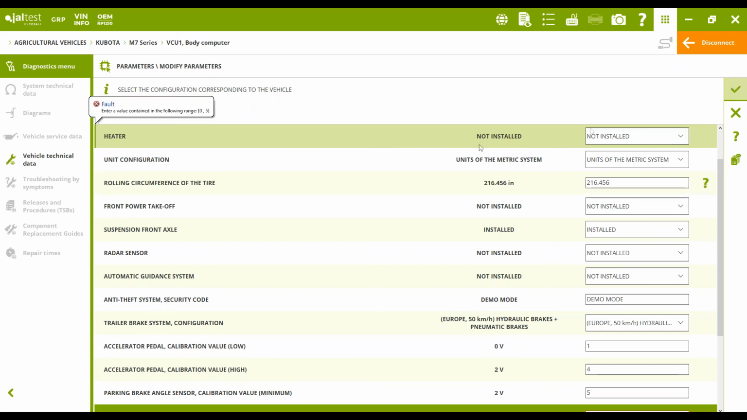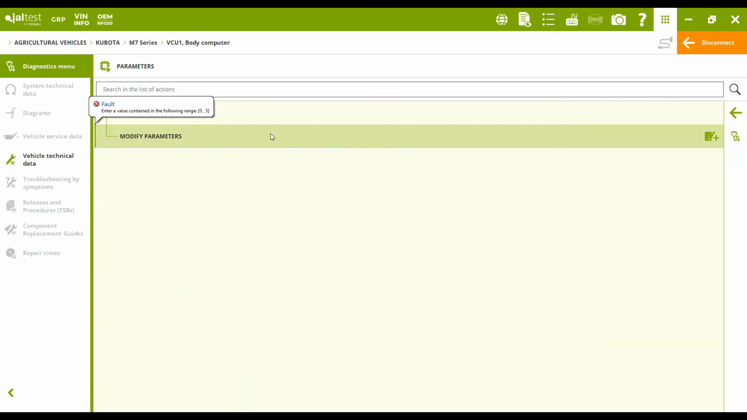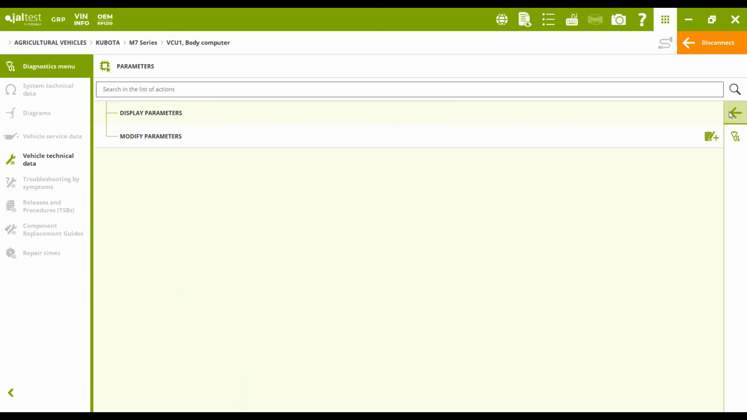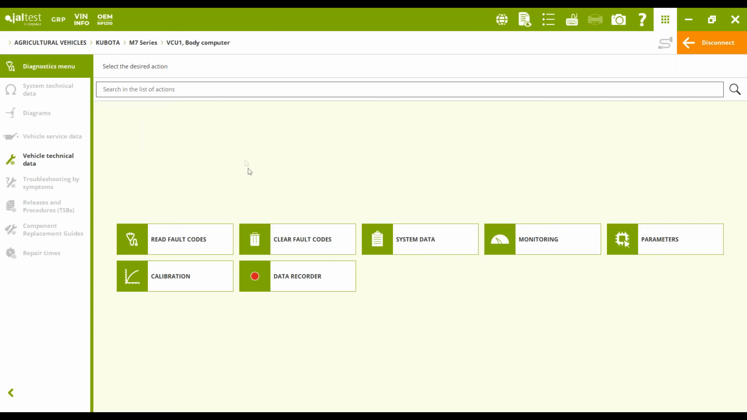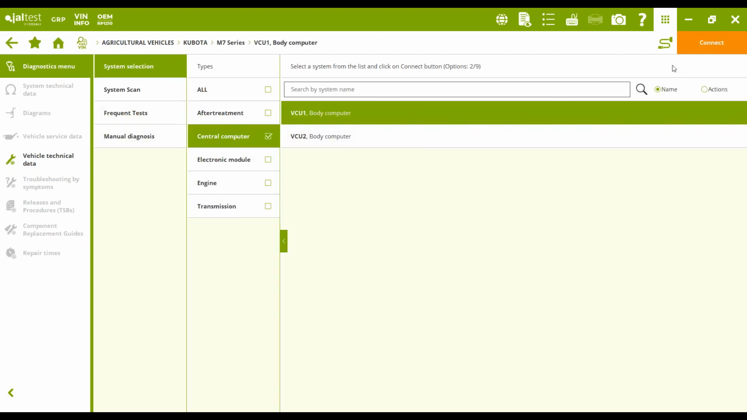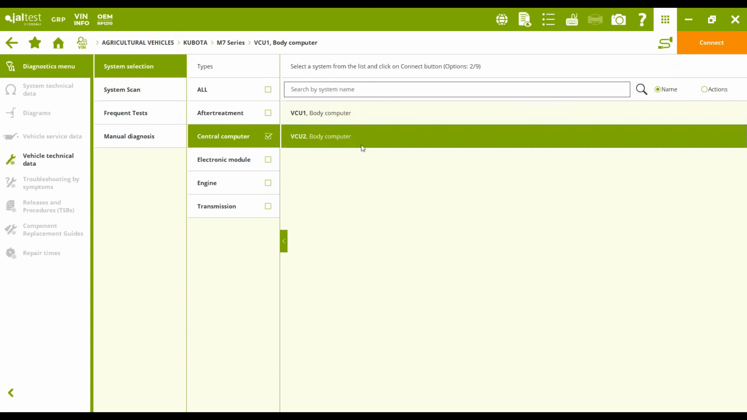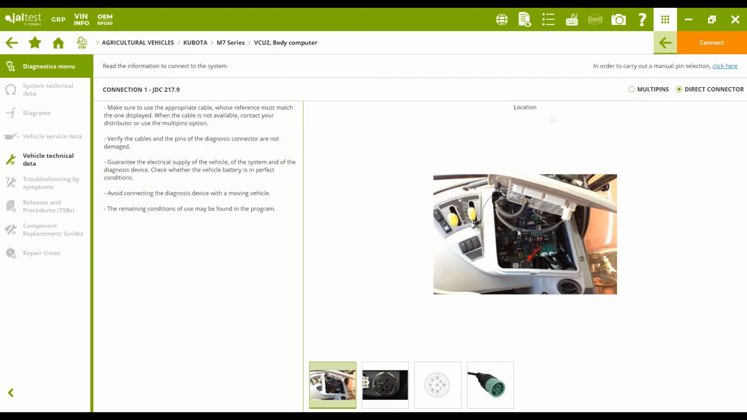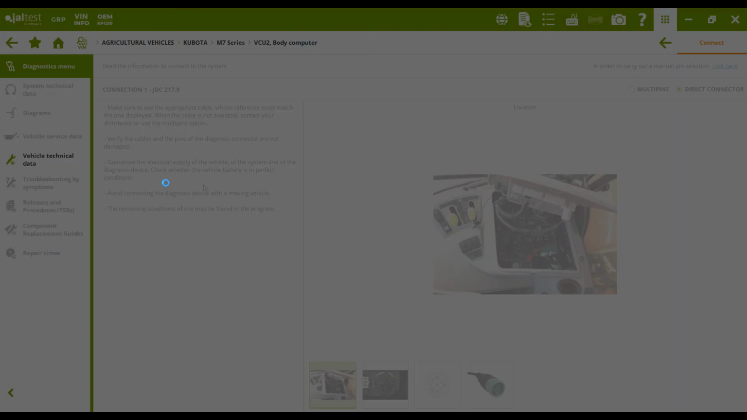Okay, so let's go now and check what we have on the VCU2. So the second system, the second option for the body computer. We access here to the VCU2. Same thing, we can check the connector, but you see it's going to be through the 9-pin connector, so through the regular connector that we have on the Kubota tractor. We connect to the system,